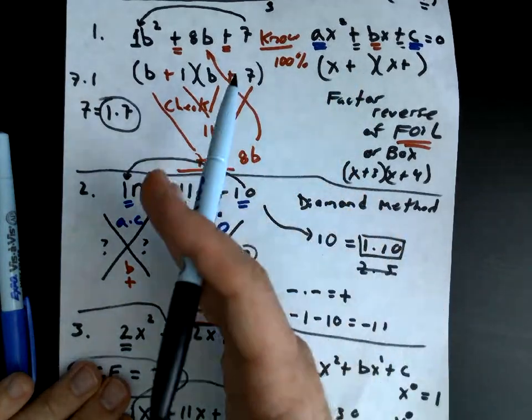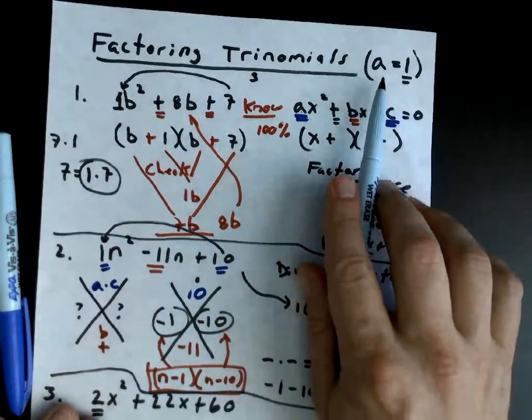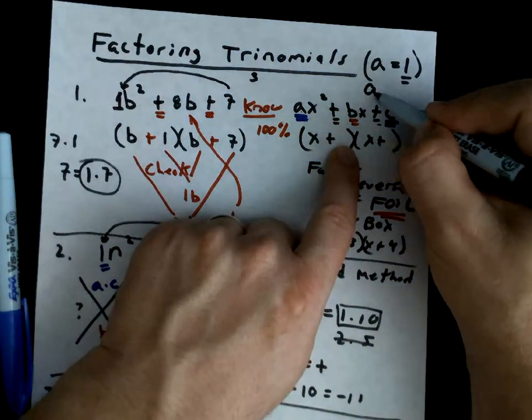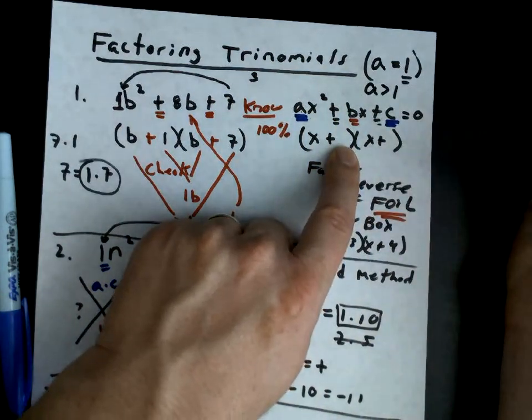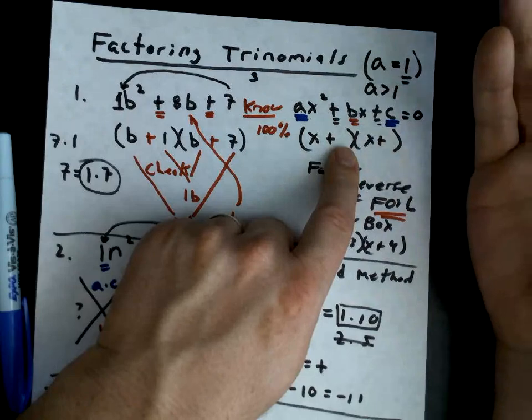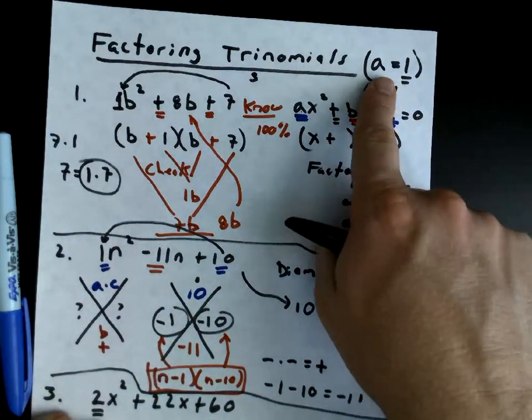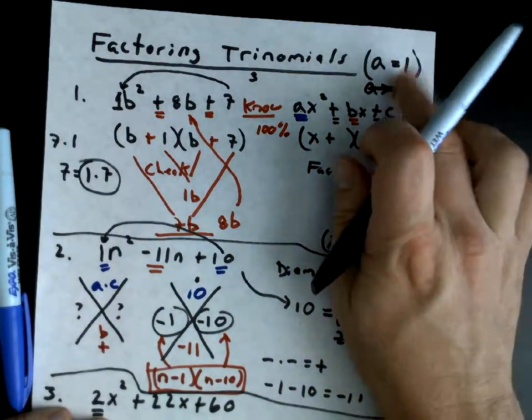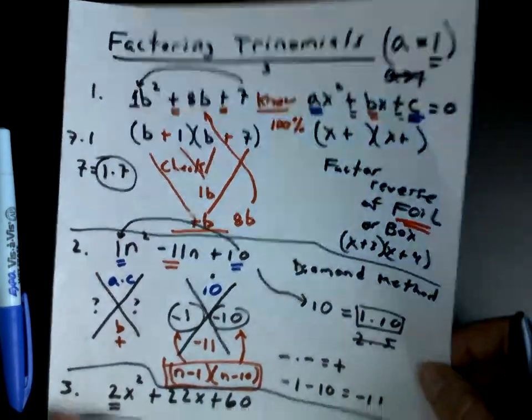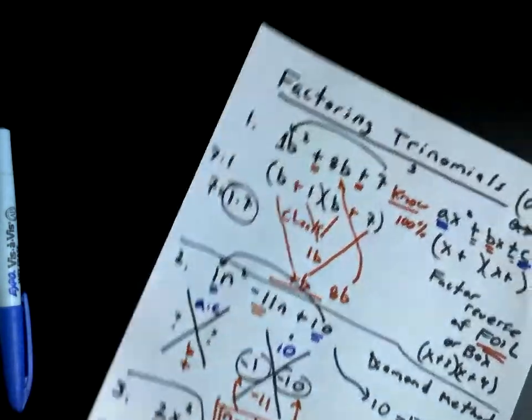We're actually skipping something that's very important when a is greater than 1. And that's for another later video. So I just want to show you when a is equal to 1, because this is what we do. But I do want to show you on this next one